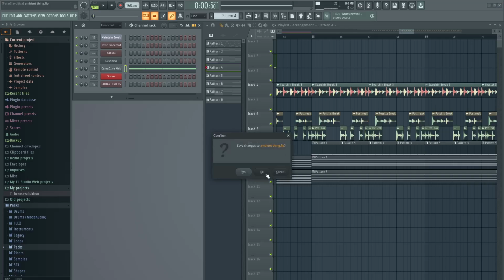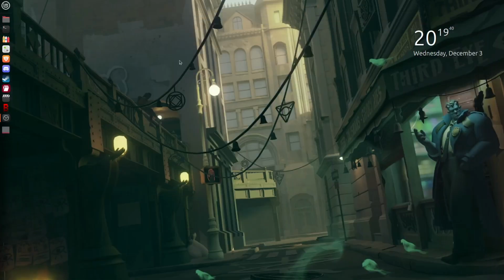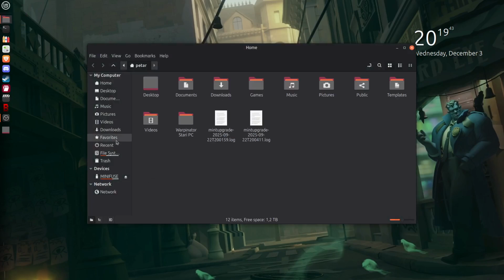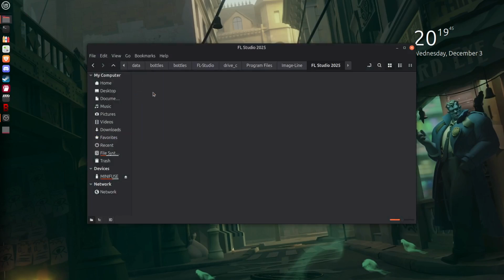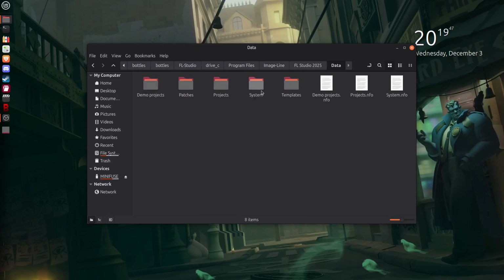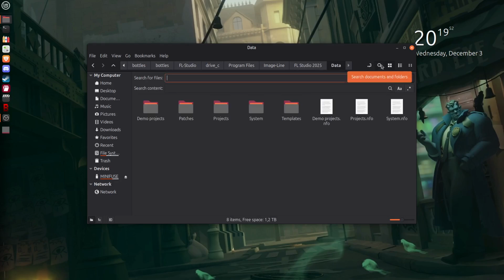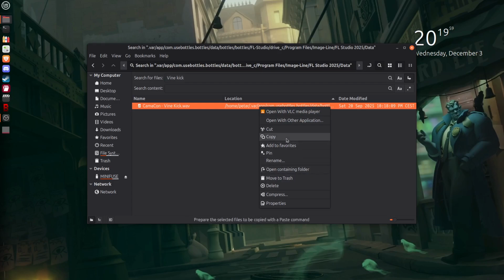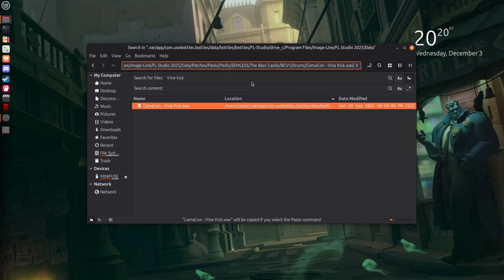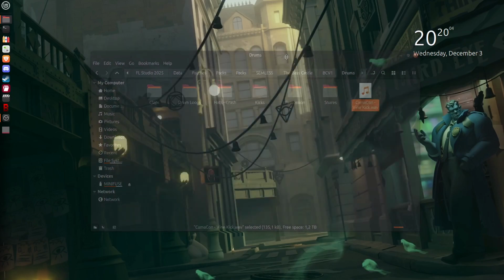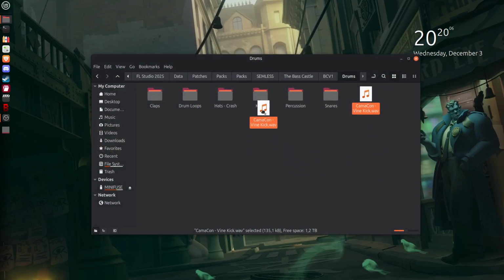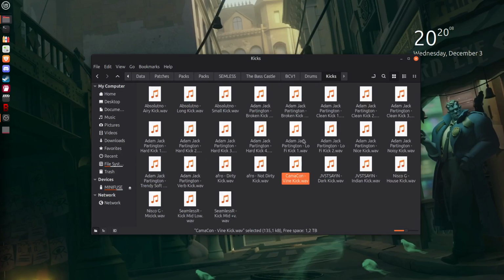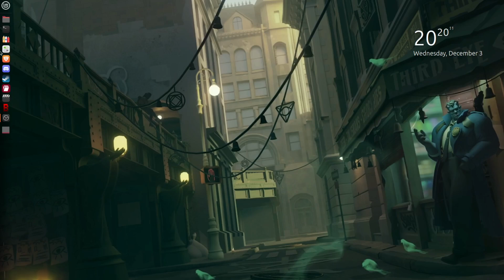So what I'm going to demonstrate is the following. I'm going to find the file here. Let's find the data. Yeah, and we can go here, Wine kick. I'm just going to do it like this because it's a bit quicker. And so this is the place where the kick is. If I were to move this kick backwards here in the kick folder,